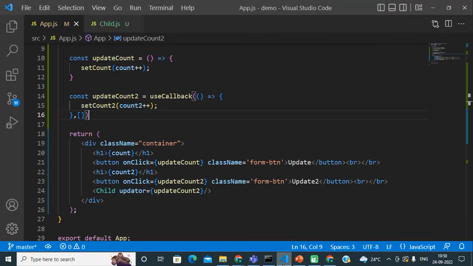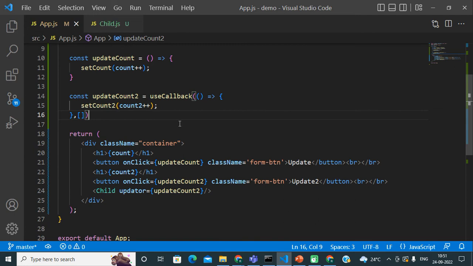So basically, friends, with the help of the useCallback hook, we have stopped the behavior of referential equality in JavaScript in React.js. Now our update count function is not getting recreated every time the App component re-renders, and that is why the child component is now receiving the same prop.